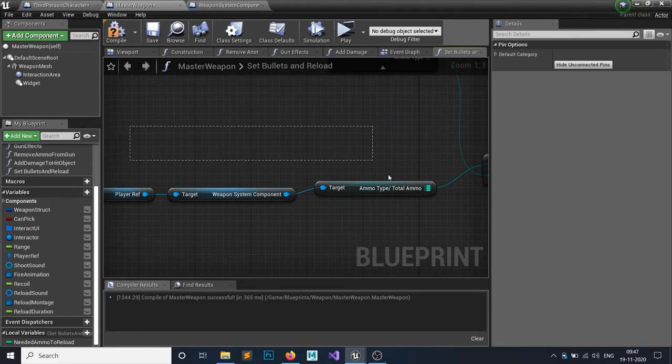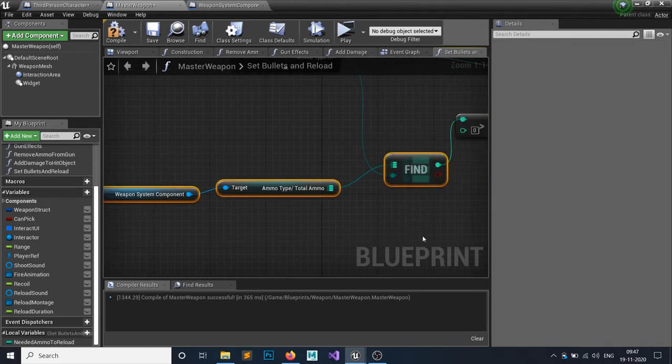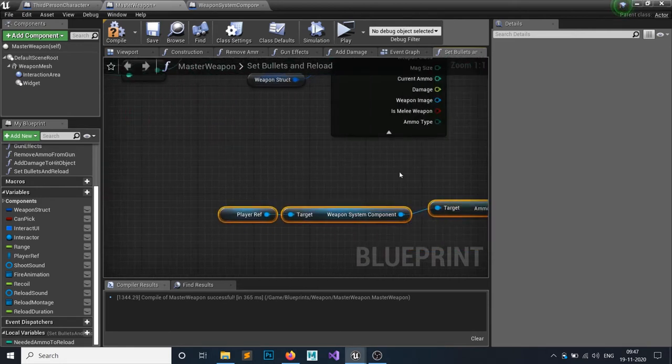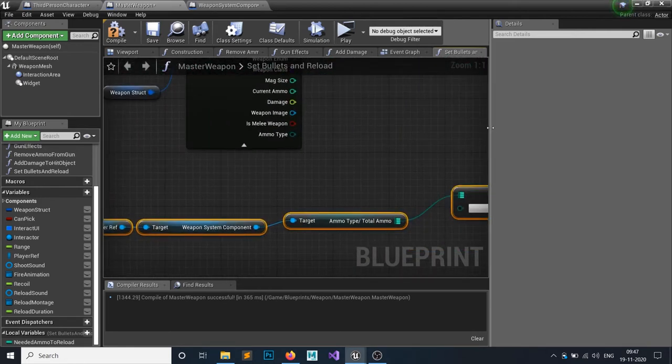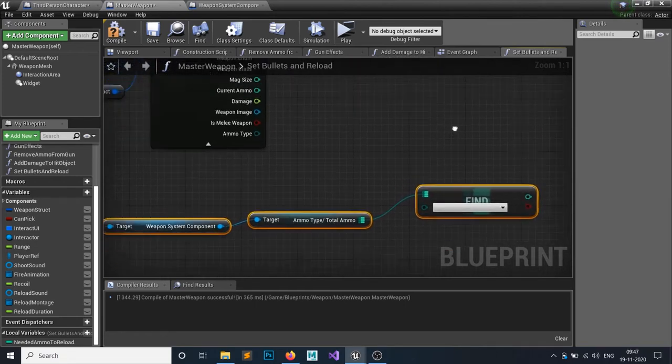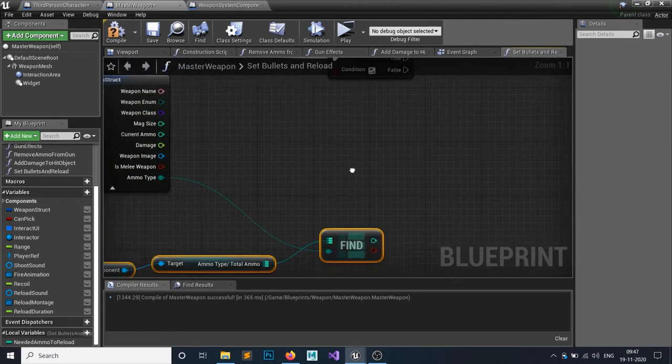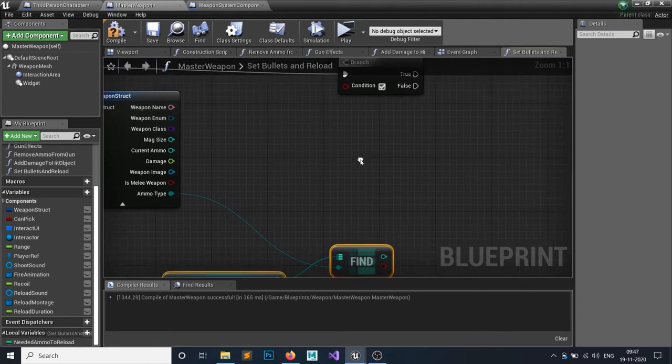So I will simply copy this finding, Control W to duplicate that. Okay, and let's just make some room here. I need to find this ammo type, and now I have the ammo, whatever the ammo I have.